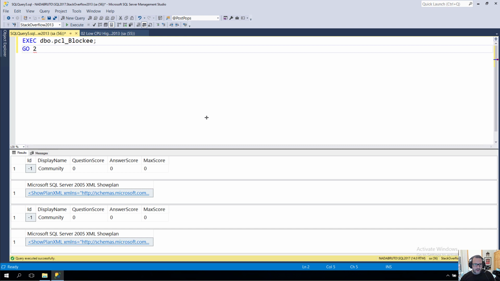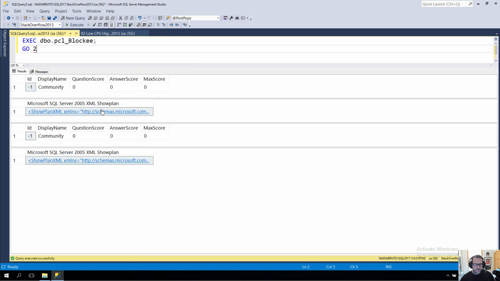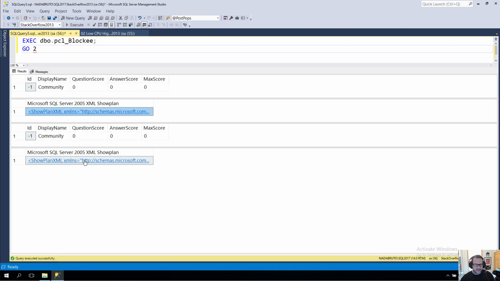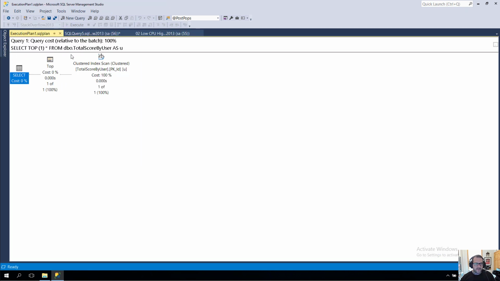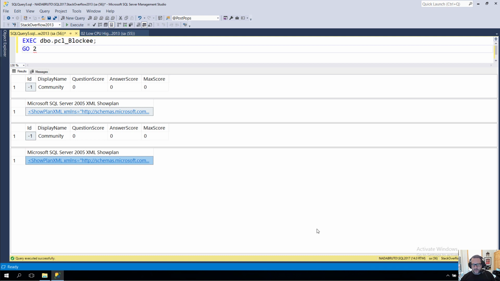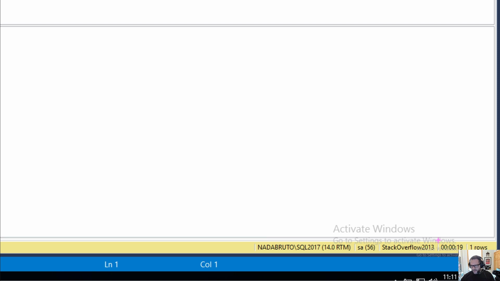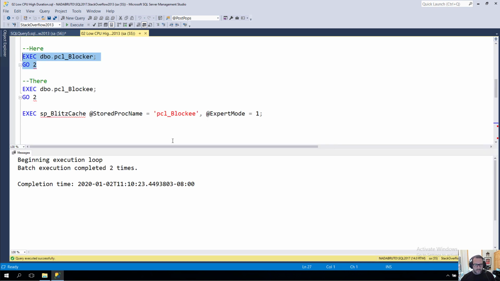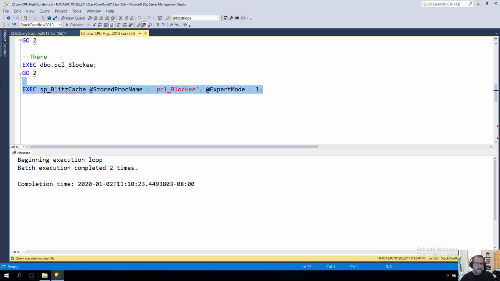Now, if we look over here, Blocky executed twice, and we have query plans for it. And if we look at the query plans for these, the query itself took absolutely no time to run. That's going to be the same case for both of these. There's 0 time. We're selecting the top one from some table, and there's not even an order by, and it's all goofy. But if we look down here in the corner, actually my video head might be in the way, but there's 19 seconds of runtime for that. Now, if we come back over here, Blocker didn't return any query plan because there's really not a lot for it to do. But if we look at SP Blitz Cache,